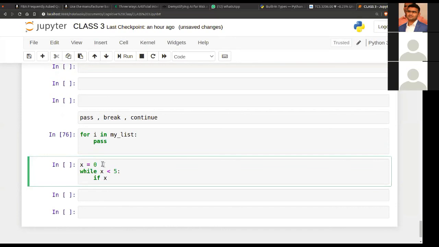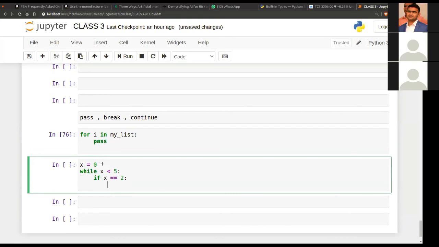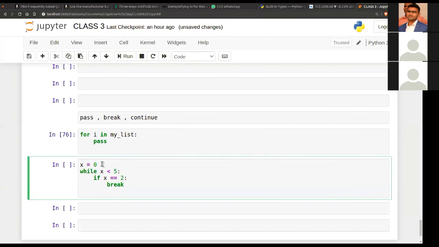Suppose if x equals 2, for some reason I want to break out of our loop. If I want to do that, I will use a keyword which is called break. Whenever it has the value 2, it will break out of that loop.